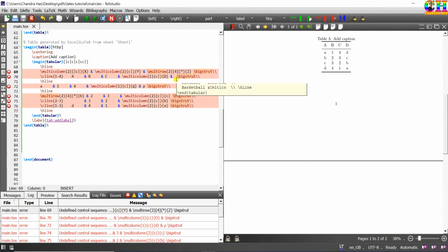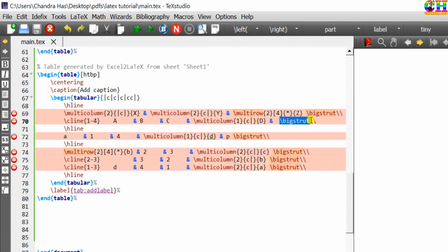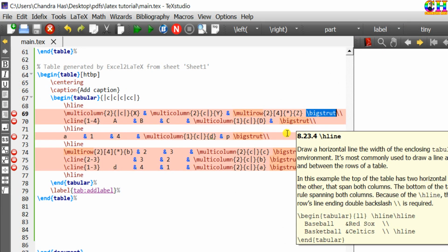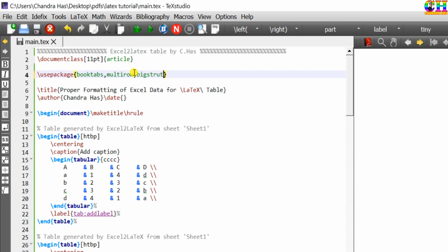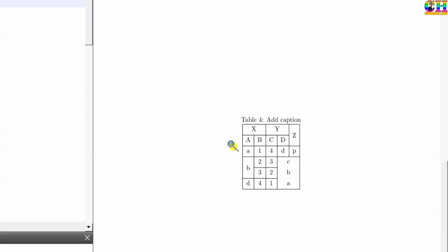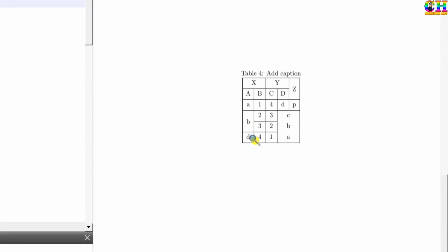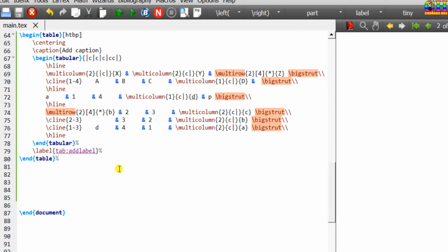Even then it's not running. We need to load one more package, bigstrut. If you don't want to use the bigstrut package, then you need to remove this command.